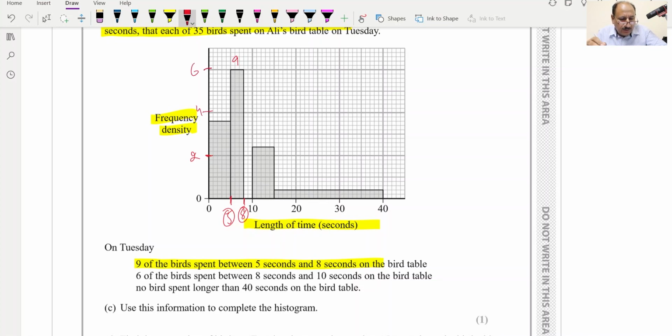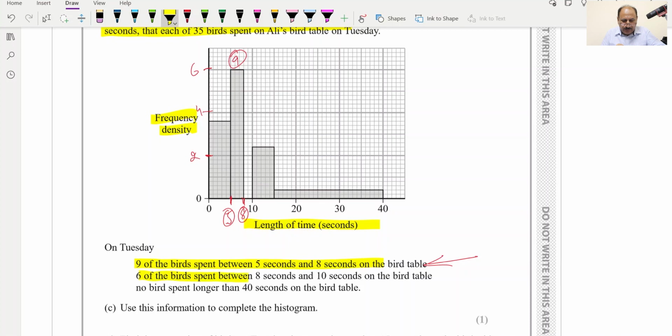So 6 multiplied by 9 will be... this is 5 to 9. Okay, so basically we are taking 5 to 8. 5 to 8 is this one and this height is 9 which is provided by this first line. So